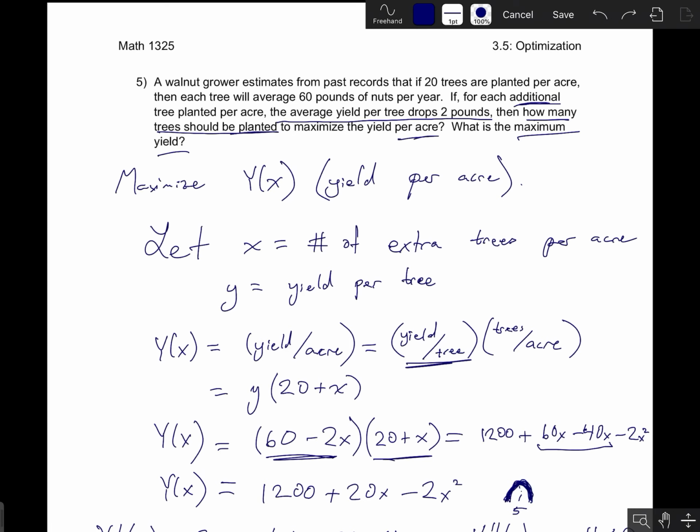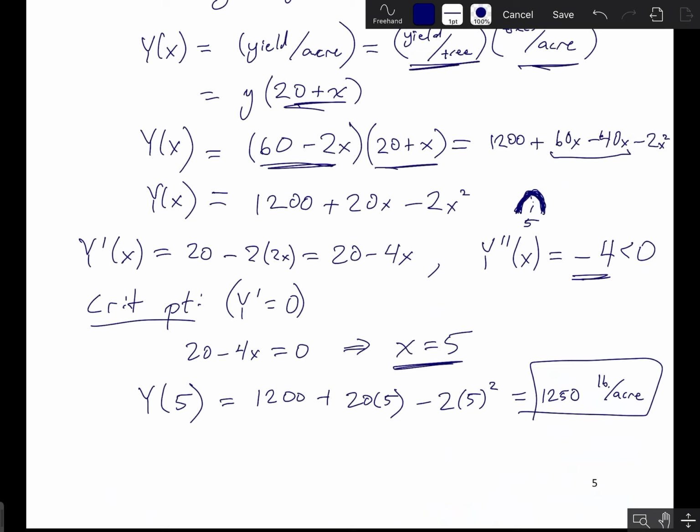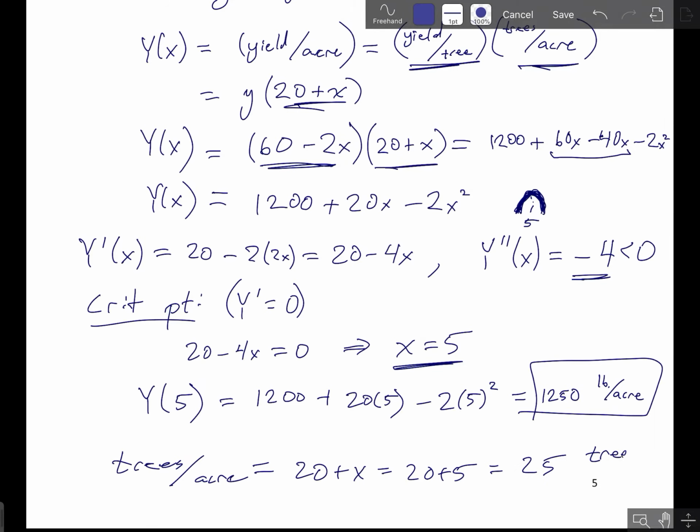So if we're planting 20 plus x trees, that was our number of trees per acre, then the number of trees per acre that you should plant to attain this is 20 plus x, which is 20 plus 5, which is 25. So in order to maximize the yield, you should plant 25 trees per acre, and that maximal yield